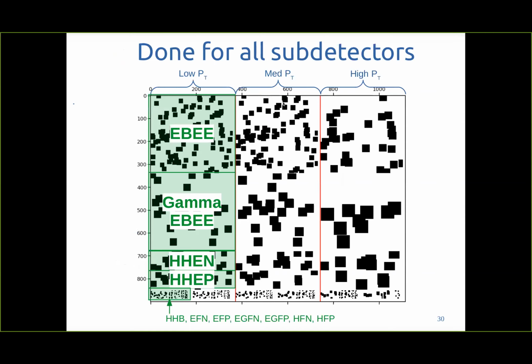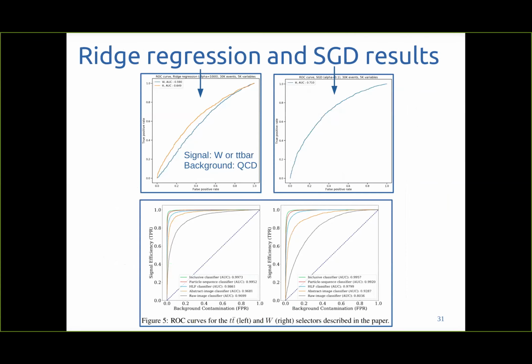So here you have, for instance, for EB, there were bigger arrays. So we just take 3 quantile bins in energy for EBs, gamma, HN, and so on, all of the subdetectors. That's what you put in the OPU. We process it once again, and then we apply linear machine learning methods.